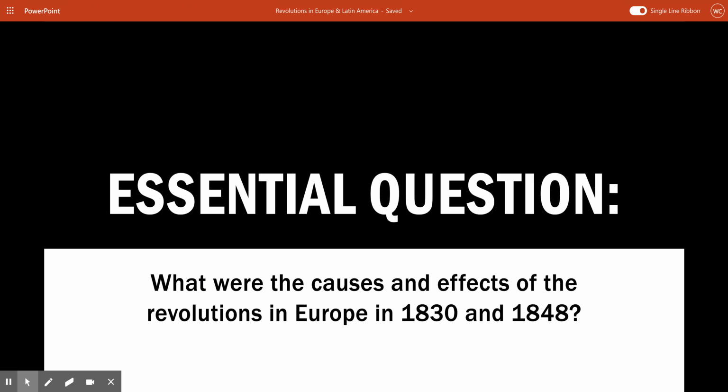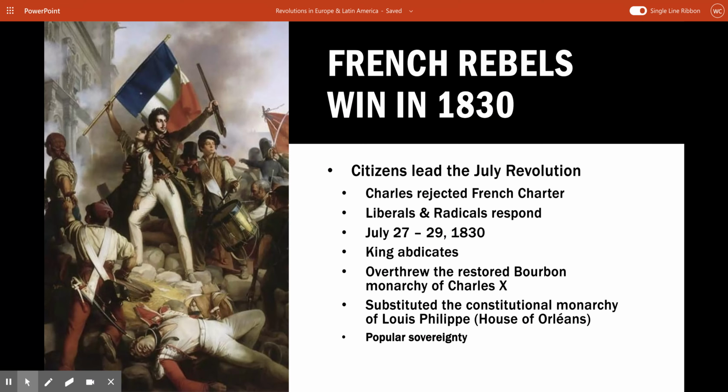So, again, if you think back to the previous lesson, there is a variety of factors at play here in terms of causes. You've got the conservatives who are trying to go back to the old way of doing things. They're trying to slow things up and they don't want too much change. Remember, they want to keep the status quo. Then you have the liberals who are pushing for pretty substantial changes. So they want constitutions that look like the United States, they want guaranteed free speech, those types of things. And then you've got this growing call of nationalism. And so all these things are under the surface and kind of boiling, right?